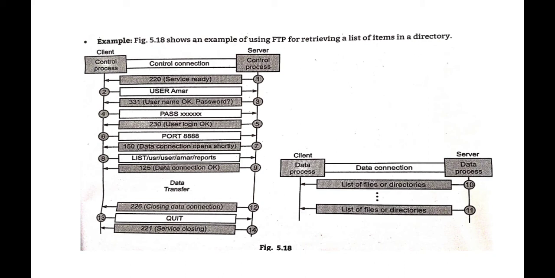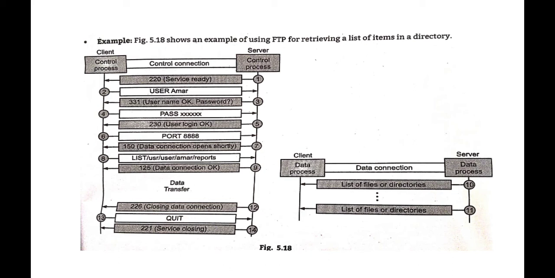After the control connection to port number 21 is created, the FTP server sends the 220 response. You see that 220 means service ready, a response to the control connection. It means, I am also ready, I am also interested in making a connection with you. This is step number 1. The FTP server sends 220 as the response to the control connection when the connection request comes from the client side. Now, what happened in step number 2?